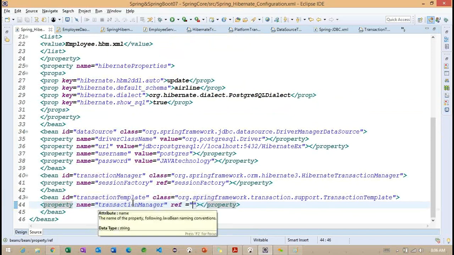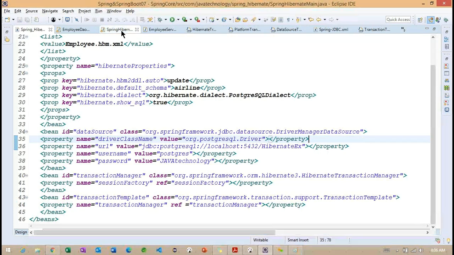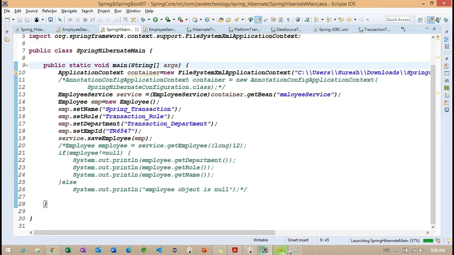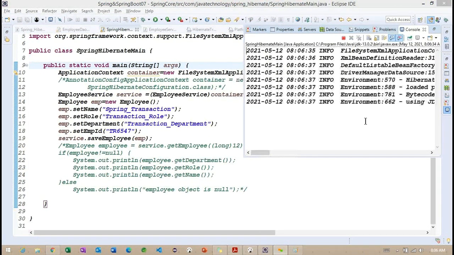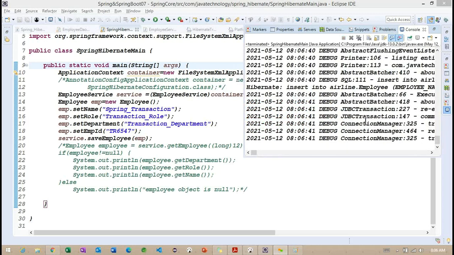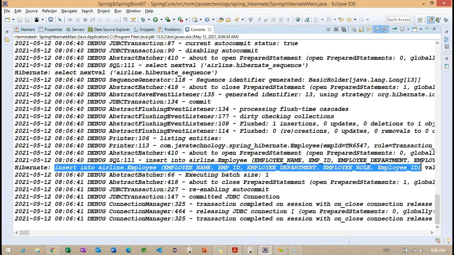Okay, the ref we missed. Yes. Now you can see, we inserted the new record into this particular table. But here, what we need to understand very carefully is how we are going to work with this programmatic transaction. Getting the point.